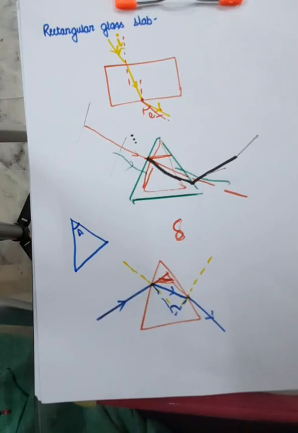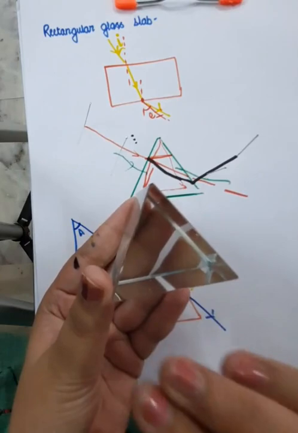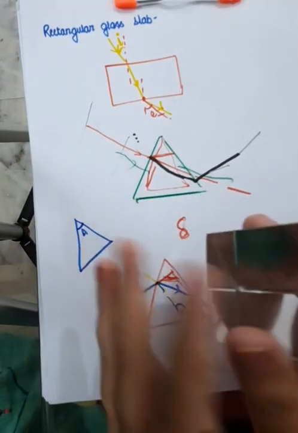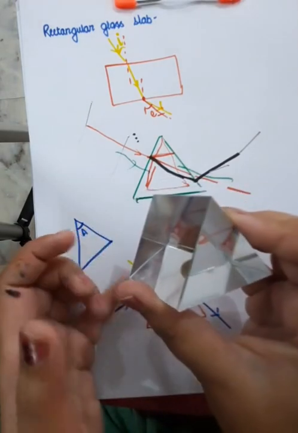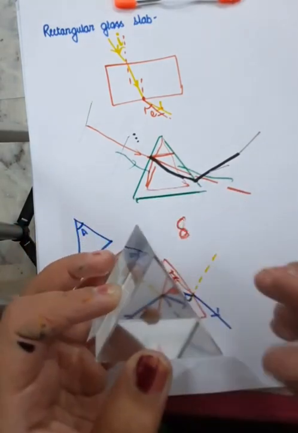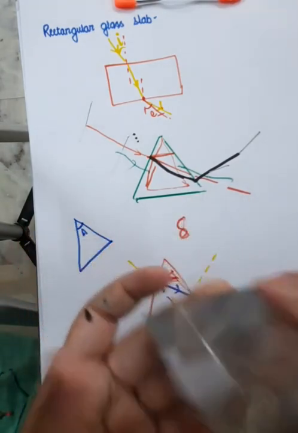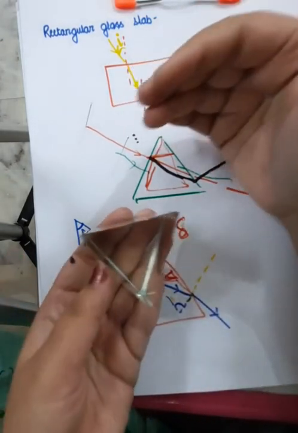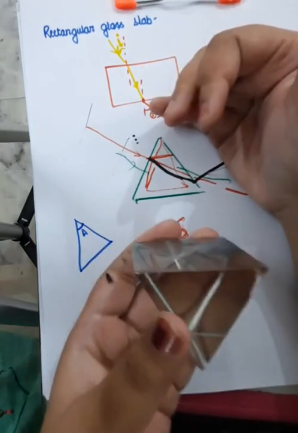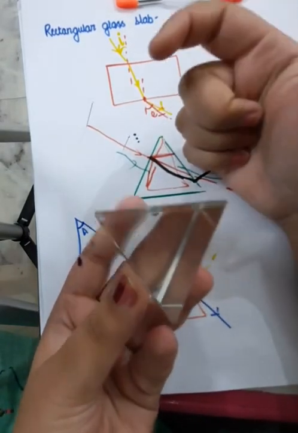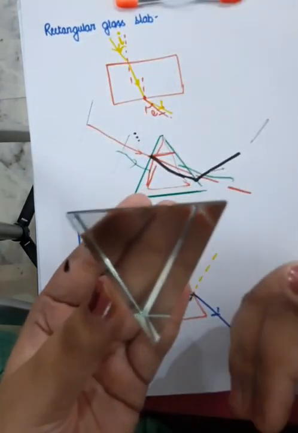And one more thing that I should discuss in this video only, that is dispersion of white light by a glass prism. White light is sunlight. So what happens when sunlight is incident over this face of the glass prism, and if you will view that sunlight from here, you can take a prism, and what you need to do, you need to stand in sunlight, proper sunlight, and then just see that if the sunlight is incident from here and you're viewing it from here,